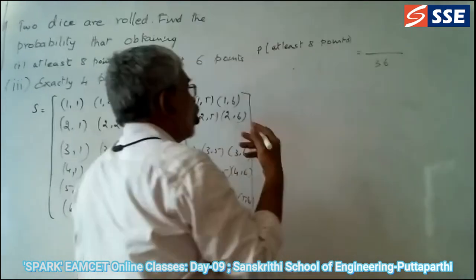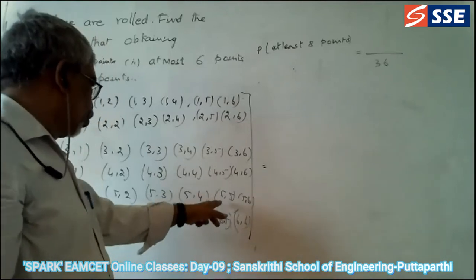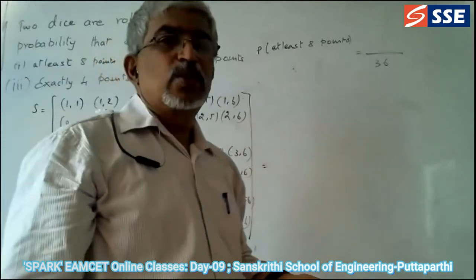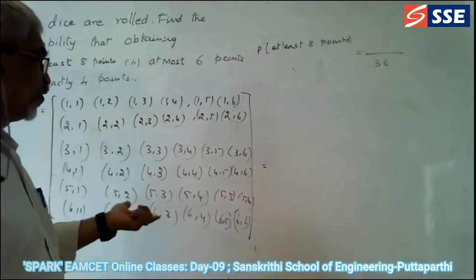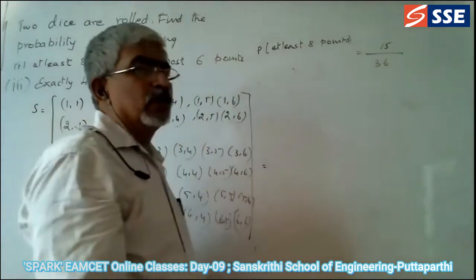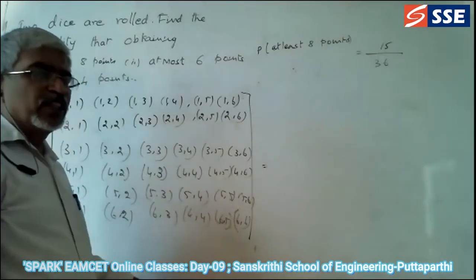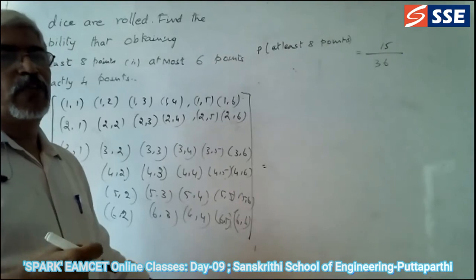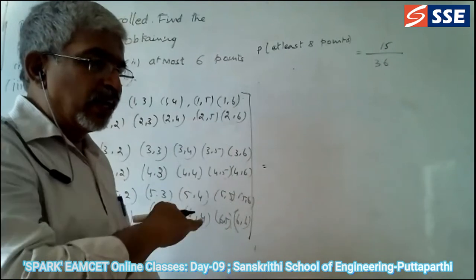And out of that, how much are you getting? 8 points. So now we will have 5 plus 4 plus 3 plus 2 plus 1. That's all. So how will you use the formula n into n plus 1 by 2? That's how you can have 5 into 6 by 2. So it is 15. 1 plus 2 plus 3 plus 4 plus 5, so 5 into 6 by 2, 6 you can cancel by 2, so you get 3. So 5 into 3 is 15. So you get the points 15. Yes, straight away we can find. You need not have this thing.